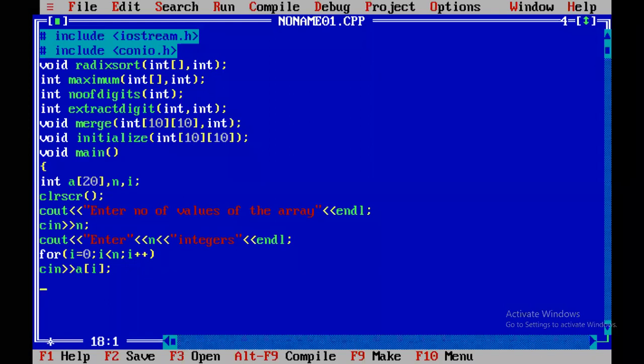Then I will call the function radix sort, a comma n.